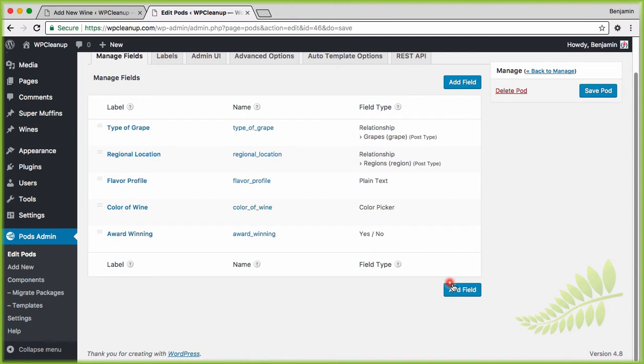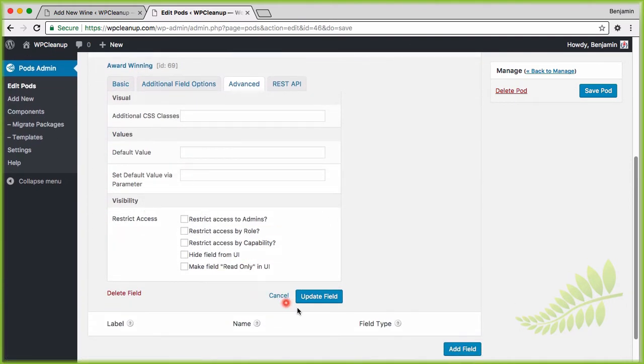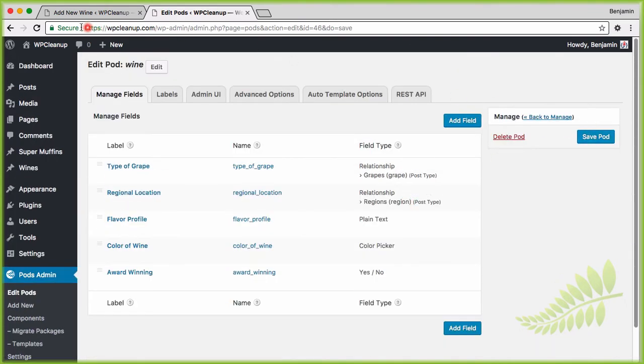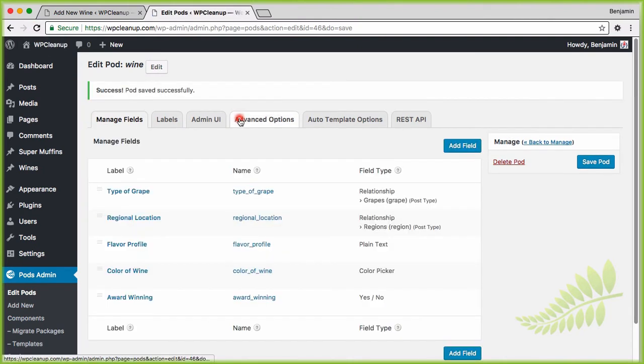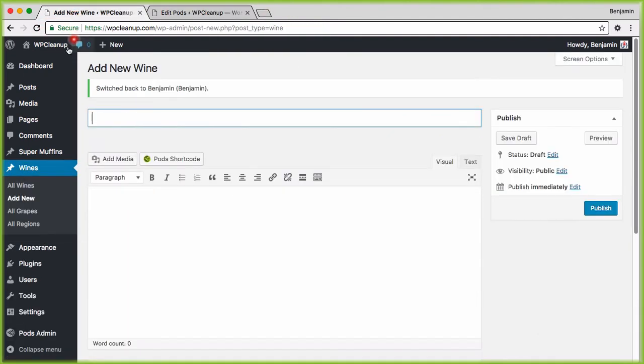Oops. Update field. Not sure why it didn't. Oh, I know why. Okay, I'll explain what just happened and why that error message happened, just in case anybody wonders. It actually has to do with a WordPress nuance. Anytime you submit a form, WordPress wants to make sure that you are the user that you claim to be when you are submitting that form and that you have the permissions to do that. Because I was switching between users on this tab, when I switched to one user and switched back,